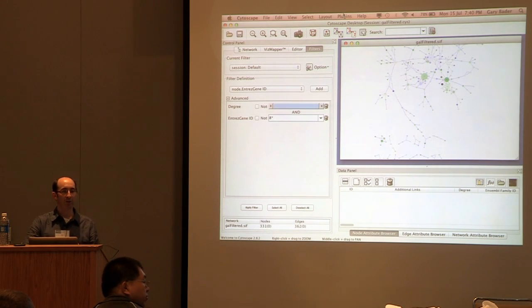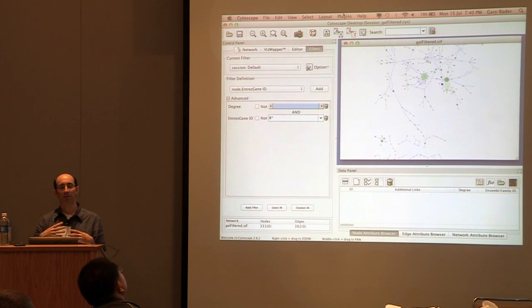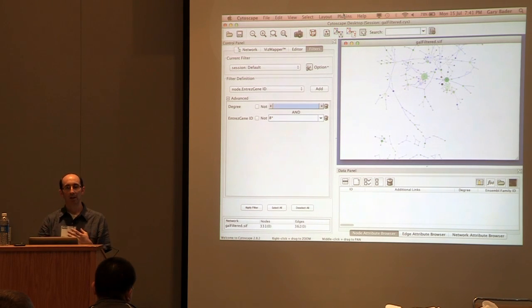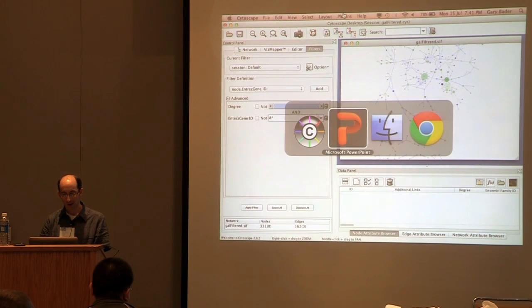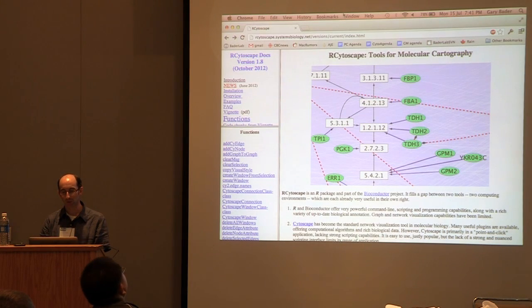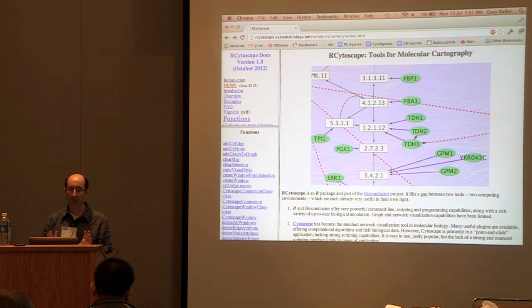So the question is, can Cytoscape load up an R project file? Cytoscape, by default, can't just load up the R project file. But because there's a number of people here, and this course is mostly focused on R, I wanted to mention one of the plugins which somebody's developed, called RCytoscape. What RCytoscape is designed to do is, from within R, it's a Bioconductor package. You have to download a plugin on the Cytoscape side and a package in R from Bioconductor, the RCytoscape